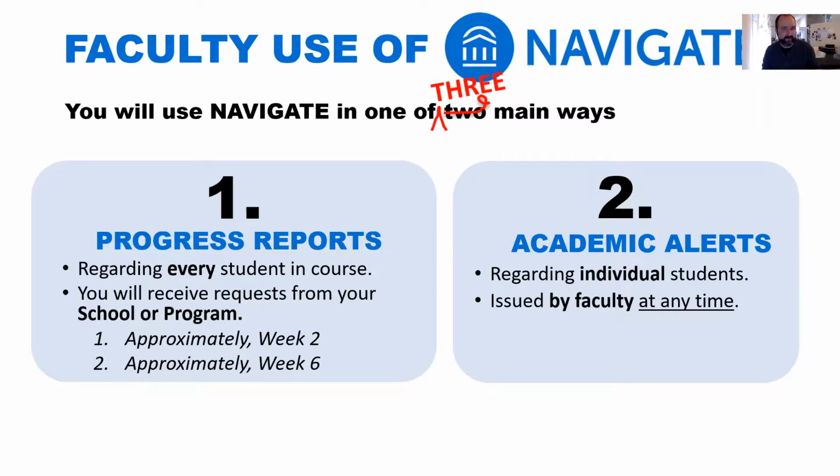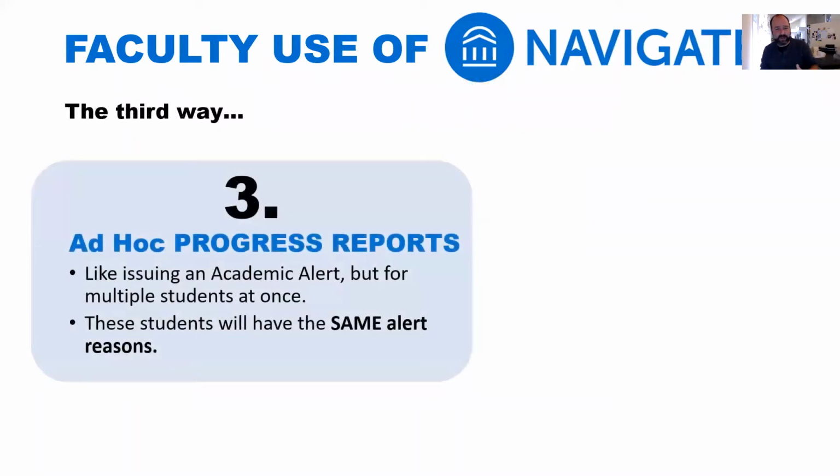And you'll discover it if you actually click around in Navigate. But the third way I'm calling ad hoc progress reports. And it's like issuing an academic alert, but you can do it for multiple students at once. And there's only a narrow range of when you would want to do this because you have to issue the